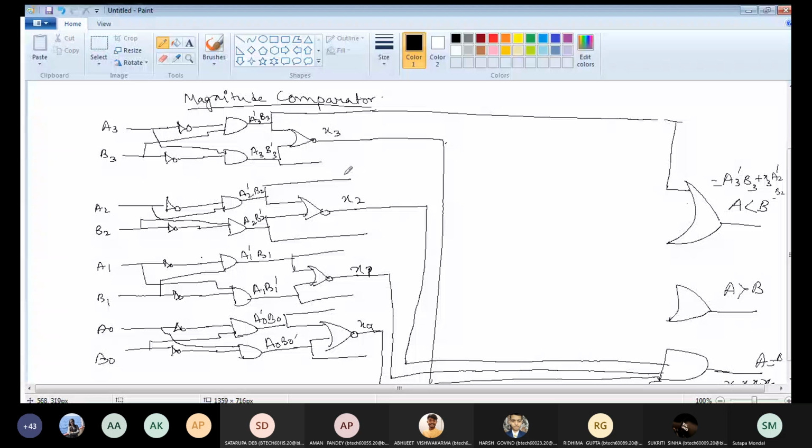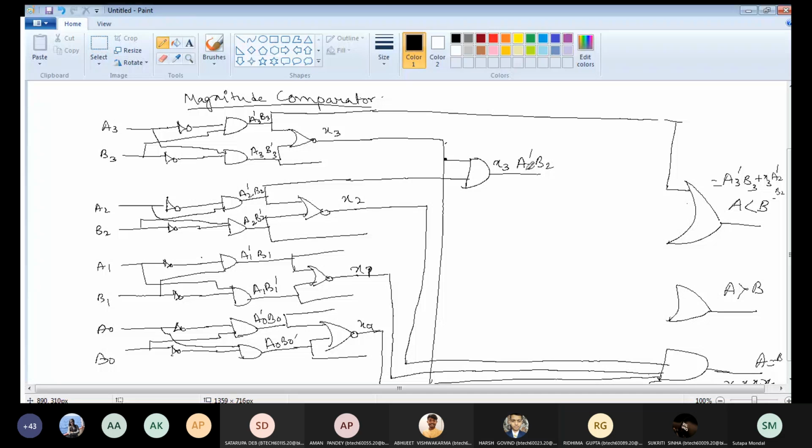Can we do like this? This is A2 dash B2. Is it clear? And this is your X3. This line is your X3, no? Yes, ma'am. So can we take from here one AND gate? What will be the equation now here? It will be X3 A2 dash B2. Is it clear? So can we take this value with this OR? Is it clear?